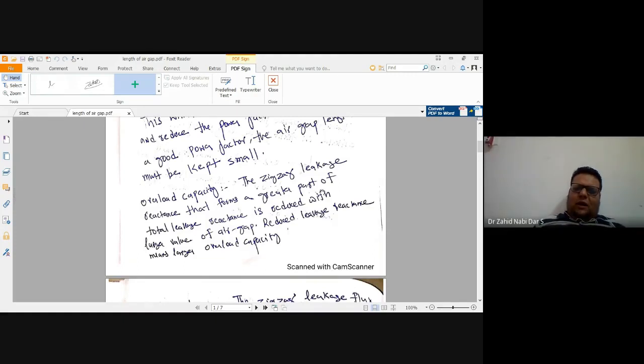So if you are reducing this reactance, this reactive component will naturally get reduced. And this happens only when the magnetizing current reduces, that is, your XL will only reduce when the magnetizing current reduces.